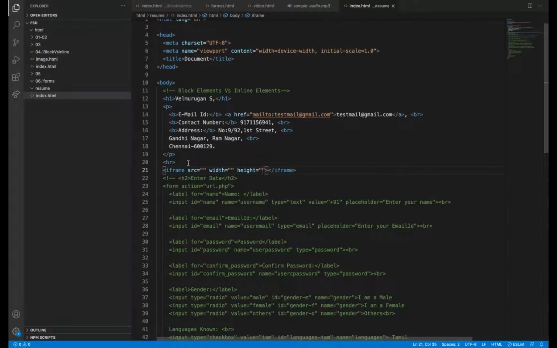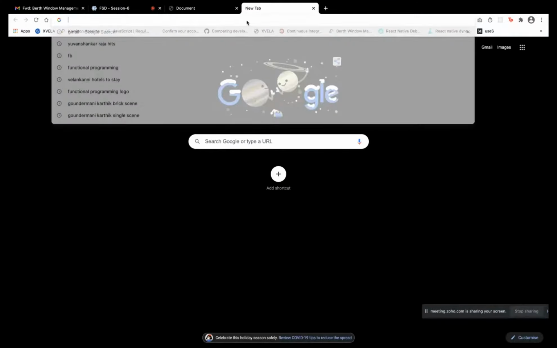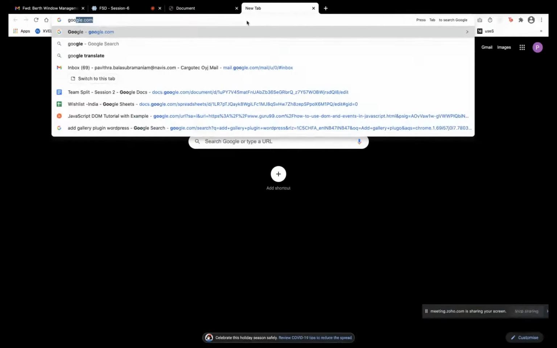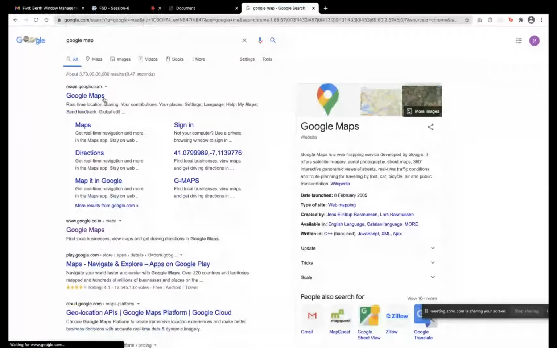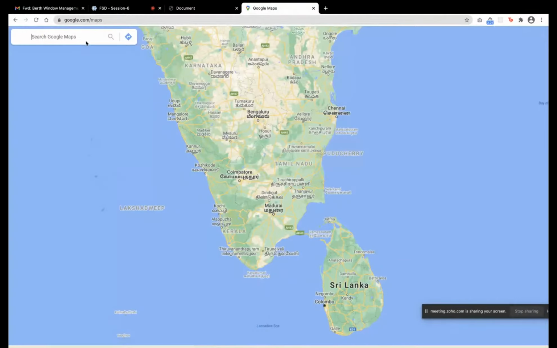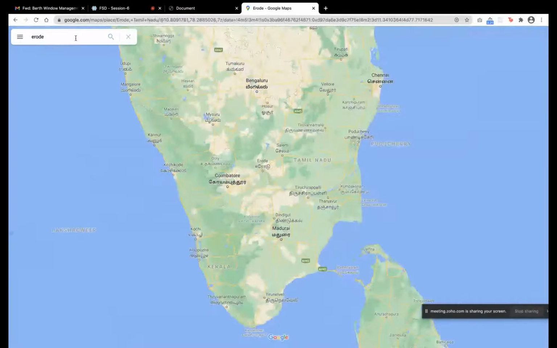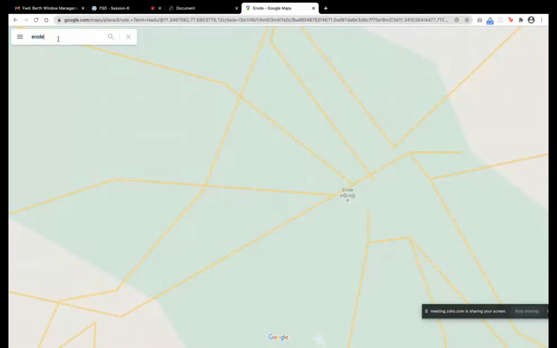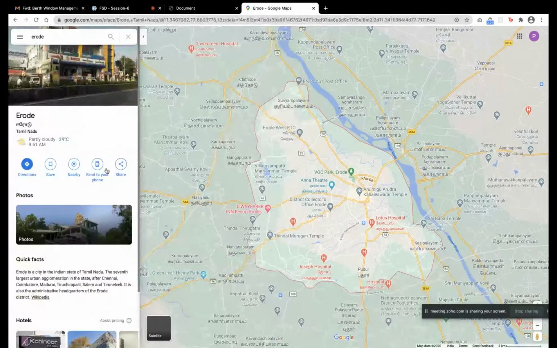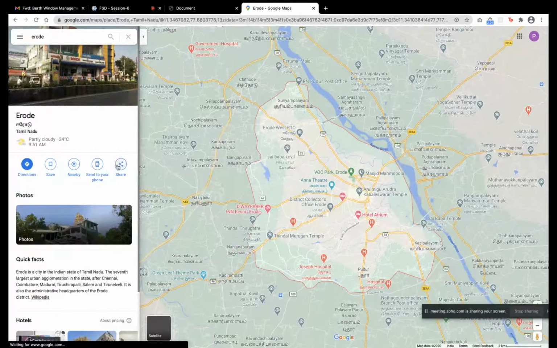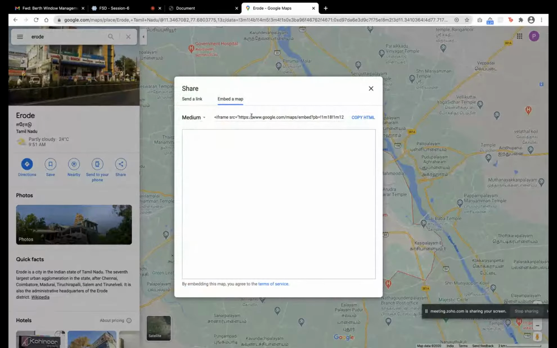For this, I am going to give an example of maps, Google Maps. Okay, we can get the location of E road. Here I'm clicking on share. I'll get embed a map. See, there itself they are saying. I'll copy this itself.